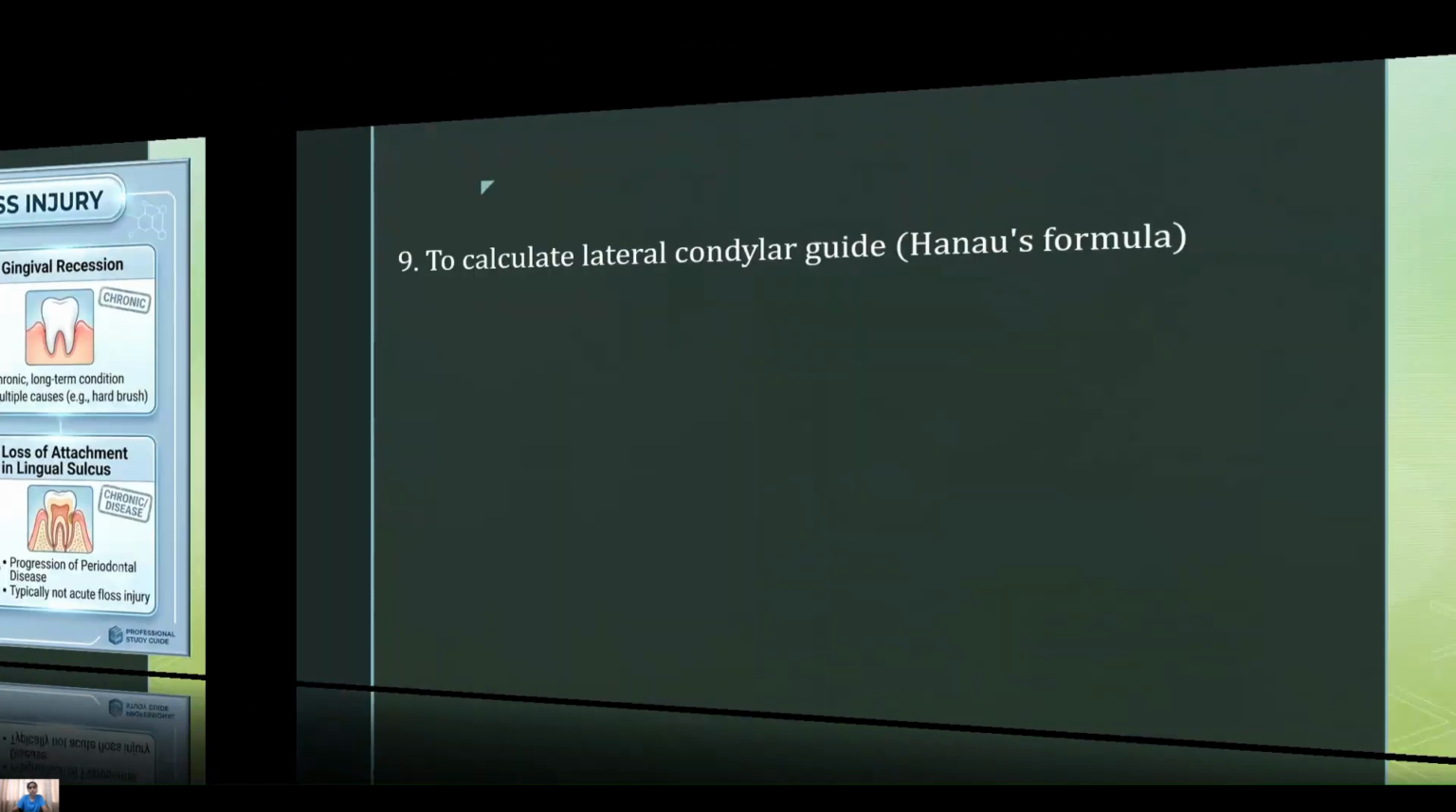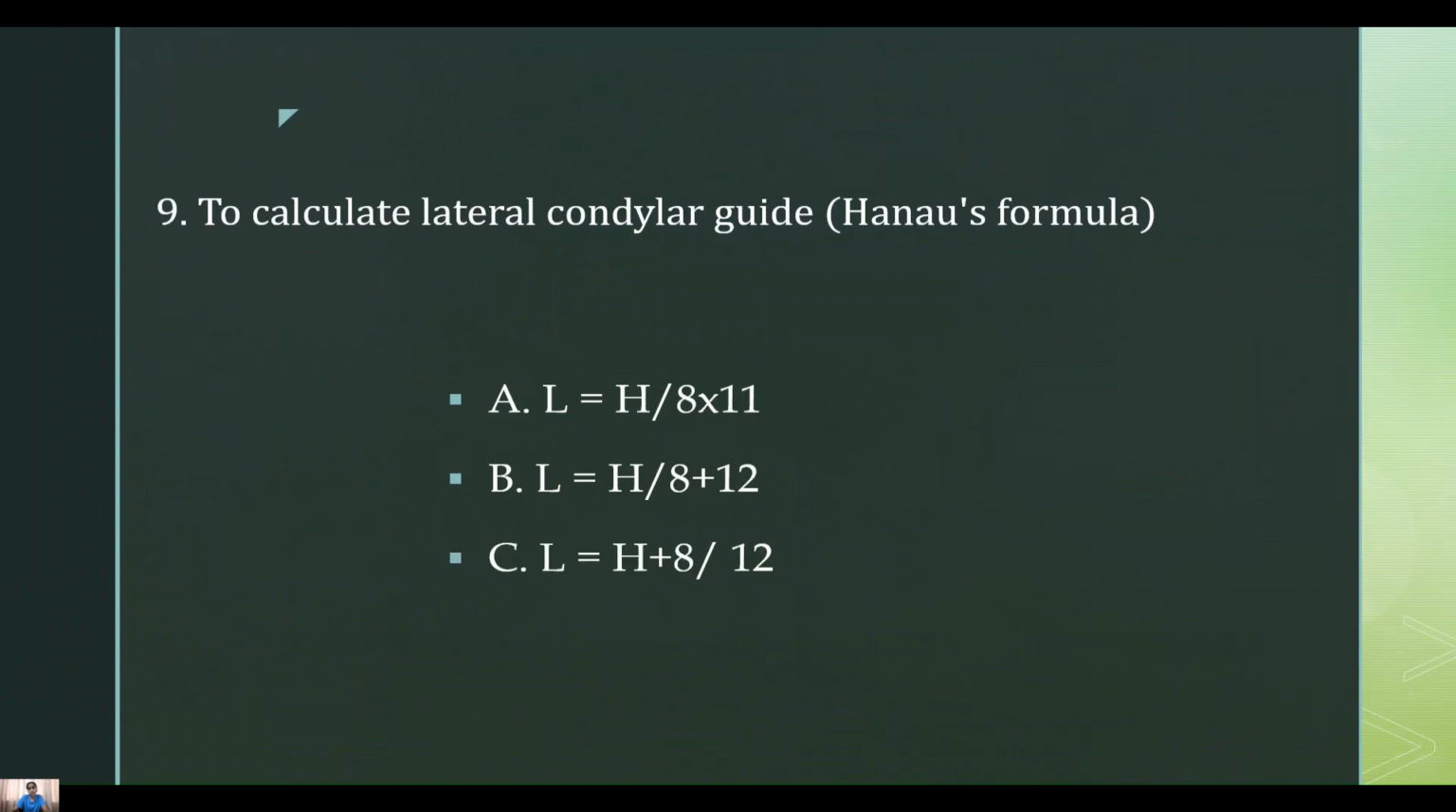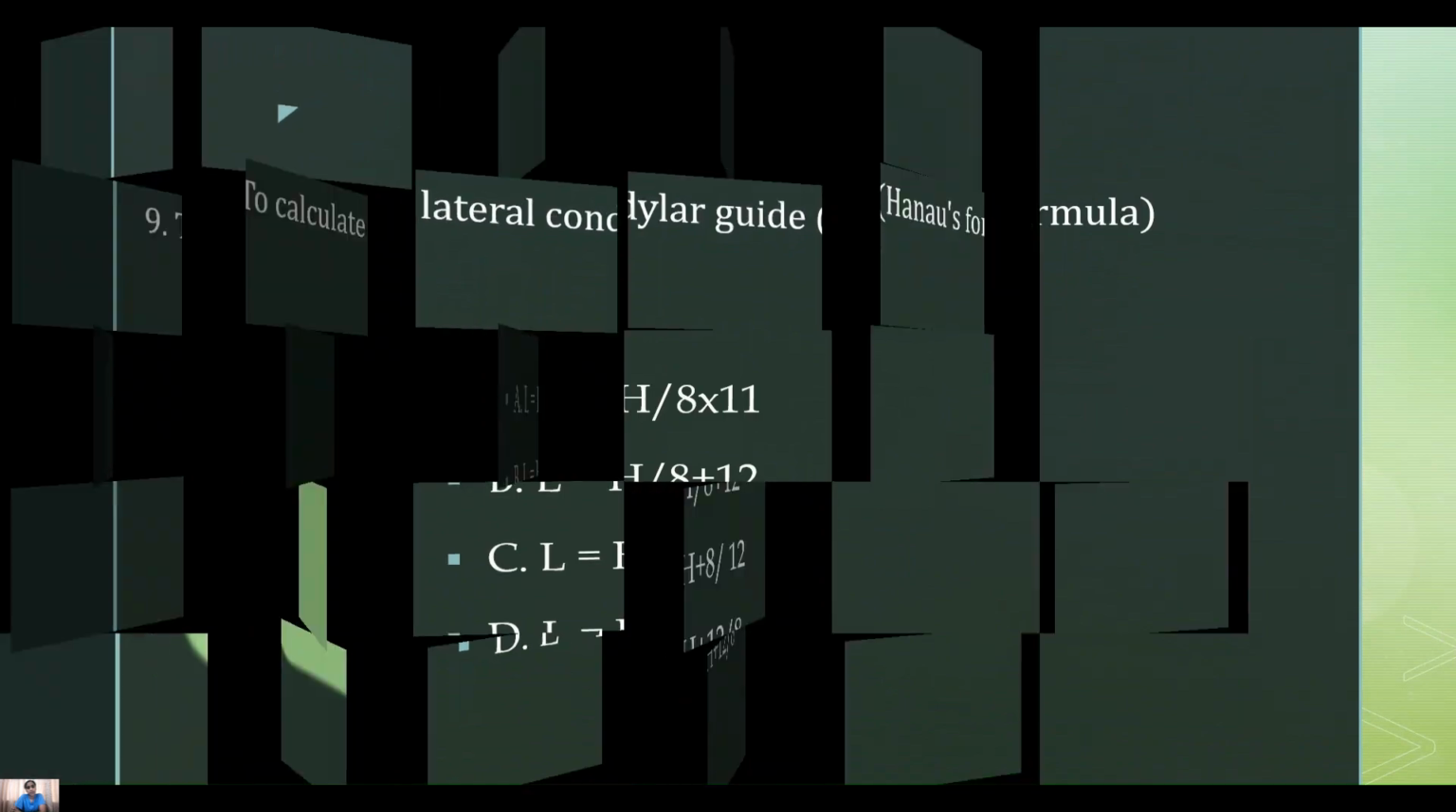Let's move on to our next question. How do you calculate lateral condylar guidance using Hanau's formula? A. L equals h by 8 times 11. B. L equals h by 8 plus 12. C. L equals h plus 8 by 12. D. L equals h plus 12 by 8. The correct answer is